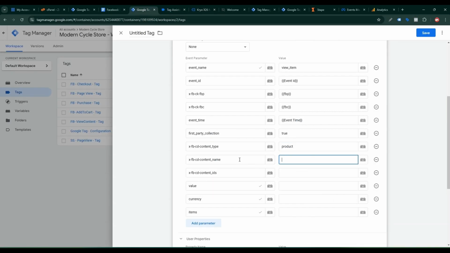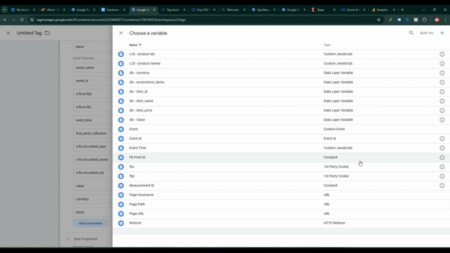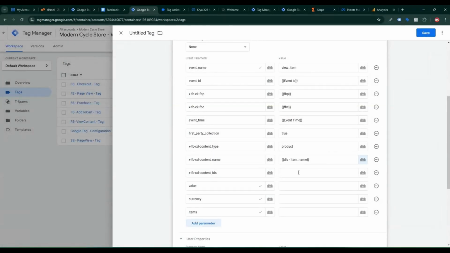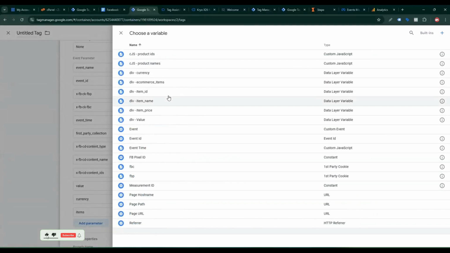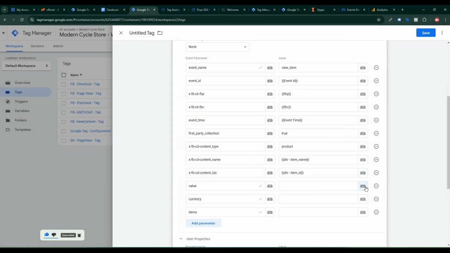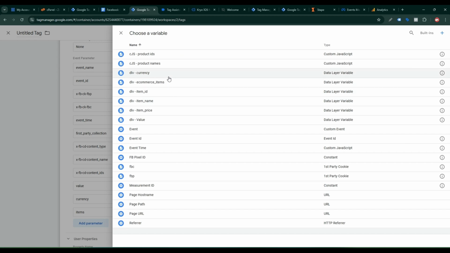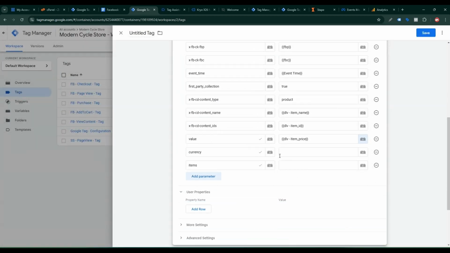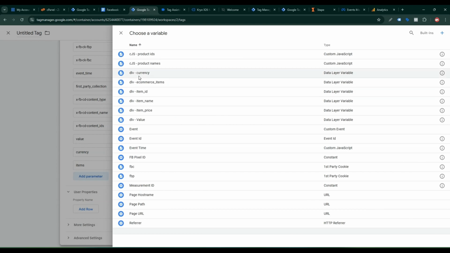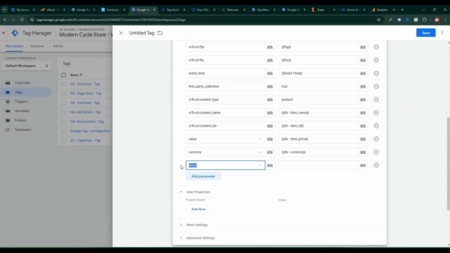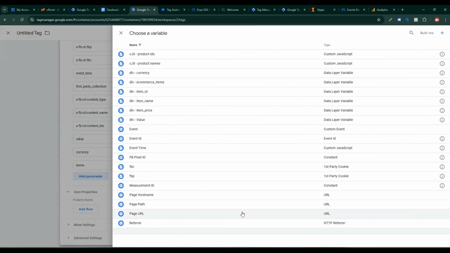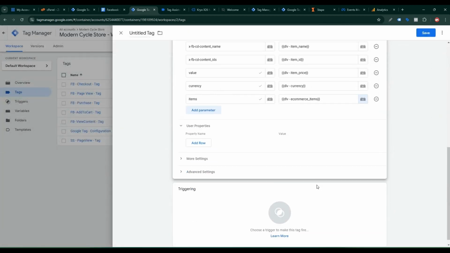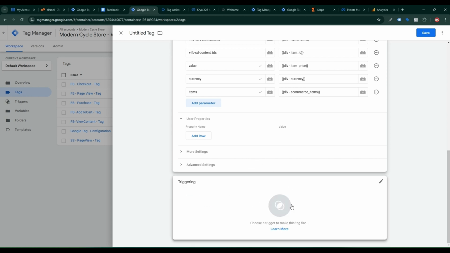So back again, then content name. I already created some variables in the previous video, so click the I button or the video description, you will find that video. So click here, then find DLB item name, this is the variable, then item IDs, DLB item IDs, then value, find DLB value, this is the item price. Currency, click here, then find DLB currency. Another, items, already created variables, so add this variable. Nothing here. Then triggers